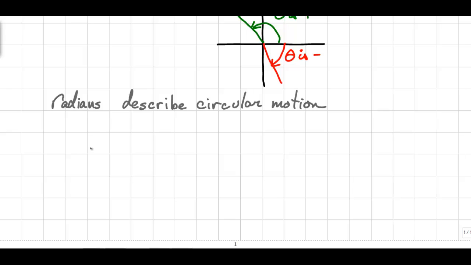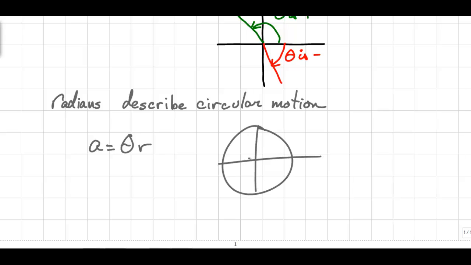And I believe the last thing for section 4.1 was that when we talk about radians, it's especially useful for describing circular motion. So there's a relationship between the arc length, the radius, and an angle in radians. And that's to say that the arc length is equal to the angle theta times the radius. So if I have a circle, or let's say an xy axis here, and I have an angle here of, let's say, pi over 3, and a radius of 2,